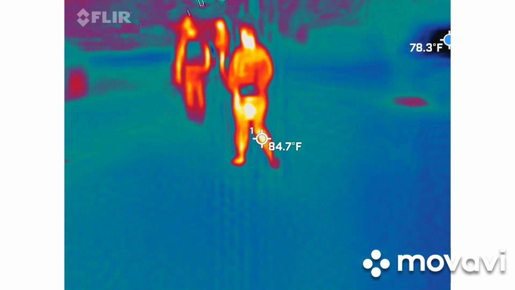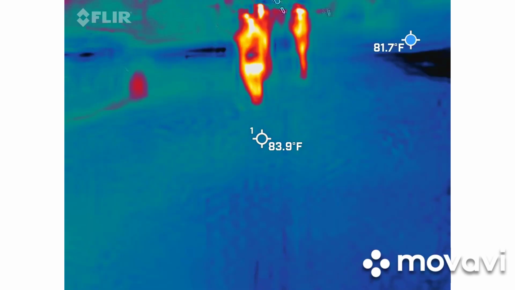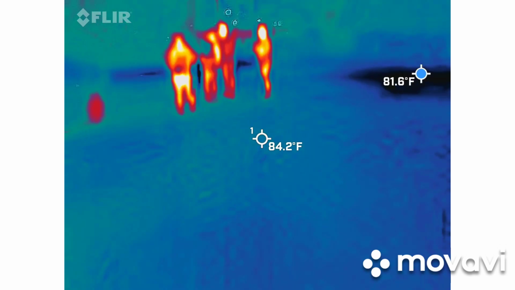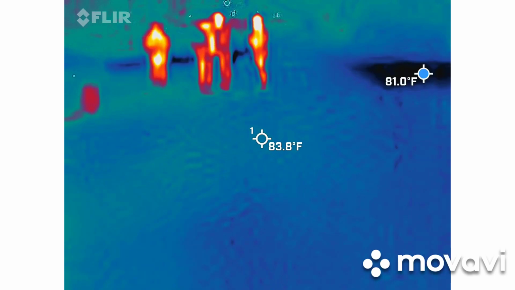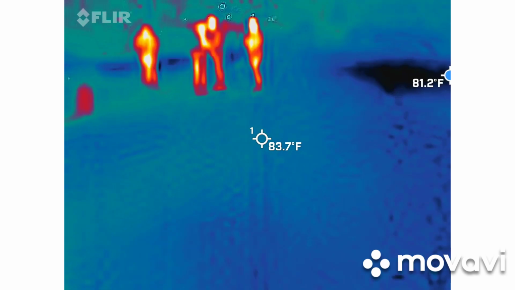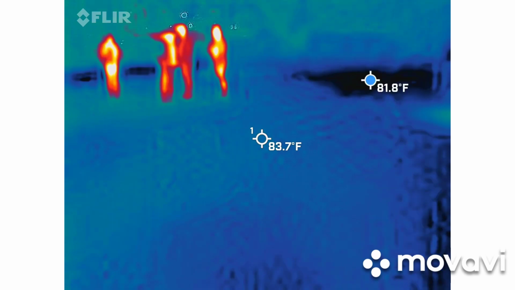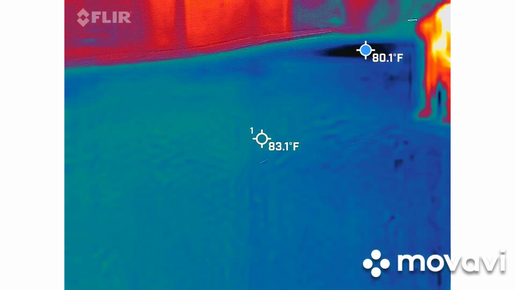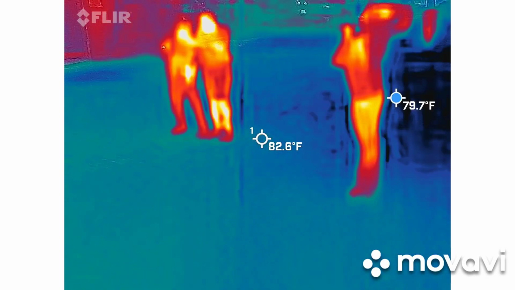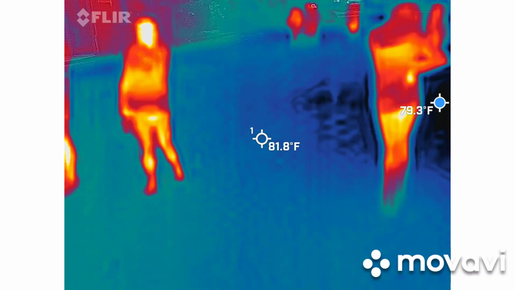Like a solid yellow. So the slower you guys are,